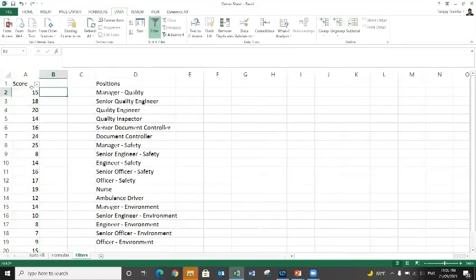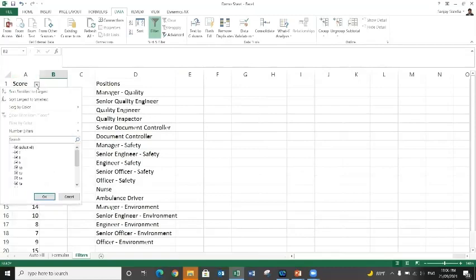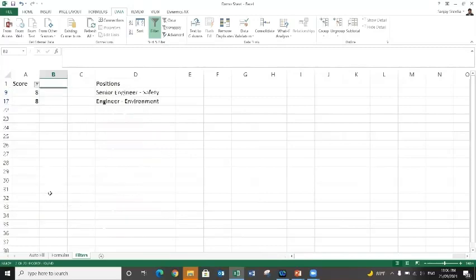And once a box with an arrow pointing downward appears, that means a filter has been applied to this particular column. Now, click on this and here you will see different options. Here, the system by default provides you the sorting option also. If you want to select a particular number, say 8. So there are two values in this particular data set, which is equal to the filter that we